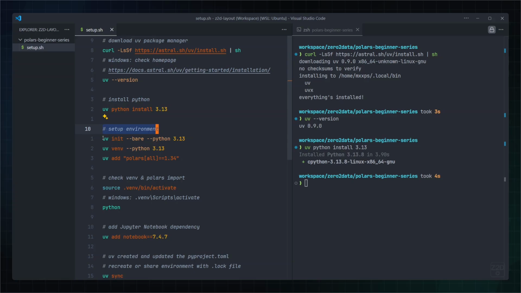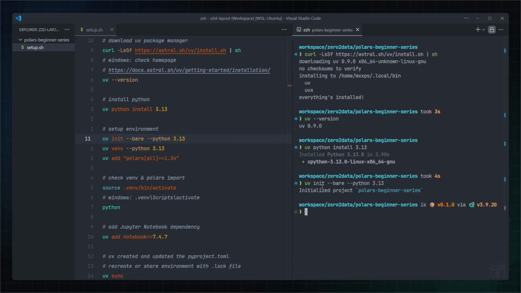We will do this using uv init and specify bare so that it creates a pyproject.toml for us, which is the configuration file that will hold all dependencies such as the Python version and later also the packages that we install. So let's copy it to the terminal and execute it. We see that the project got initialized and is called Polars Beginner Series, which is the name of the directory